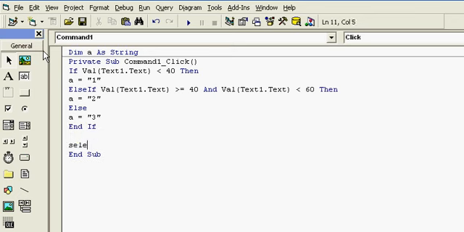Now we will use cases, so type here Select Case a, where a is the variable name.